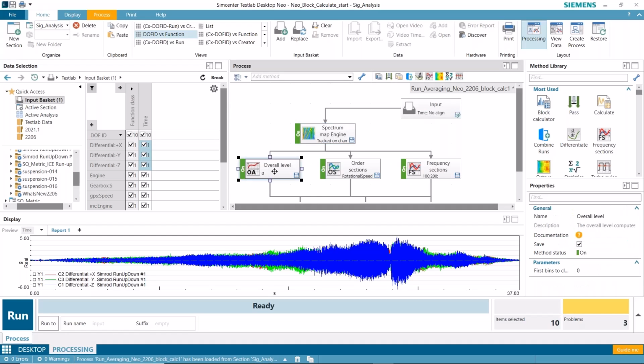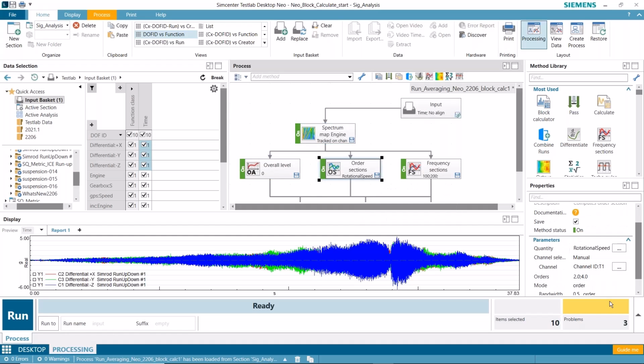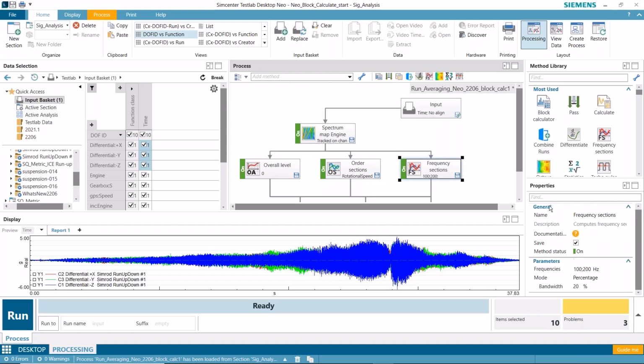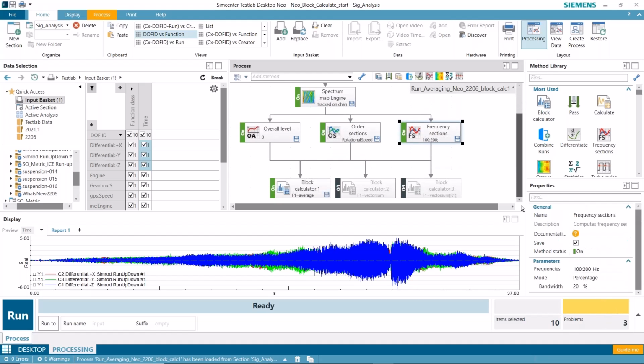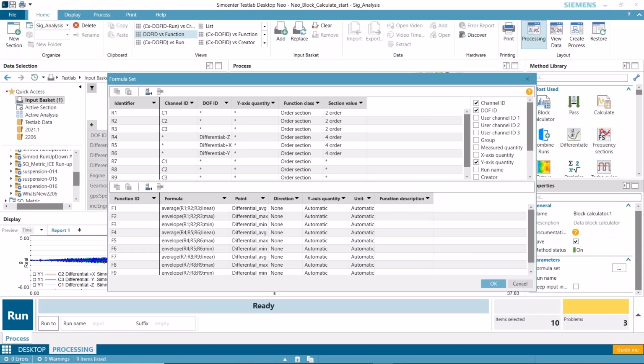I'm going to calculate overall level. I'm going to calculate second and fourth order. I'm going to calculate 100 and 200 hertz frequency section. I'm going to take it to the block calculate method. In this method here, I'm going to specify for 3 orders, second order,